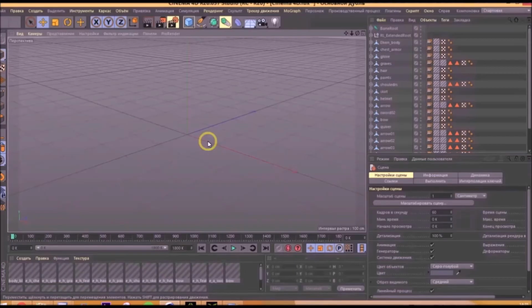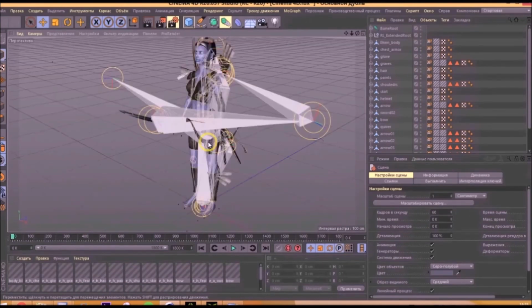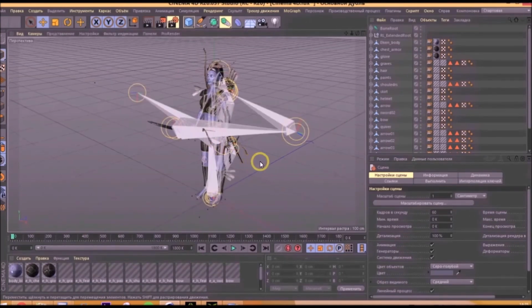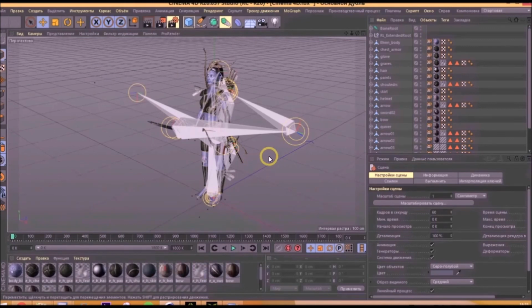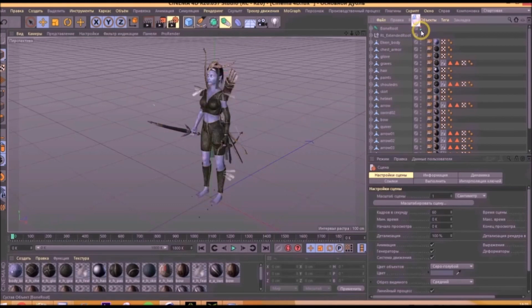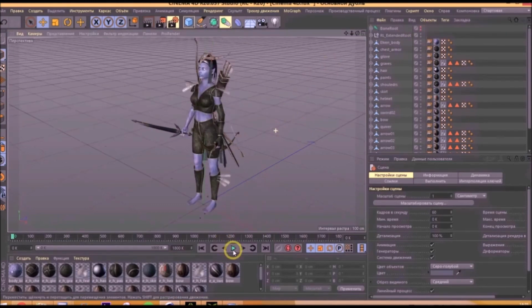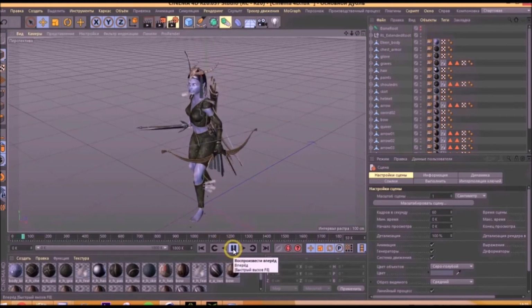After that, we go to the Cinema 4D program and open the FBX file. As we can see, here again in the bone root section there are bones interfering with us. We make red dots in the view subsection and the visibility has now become normal.